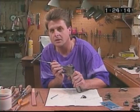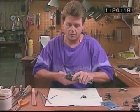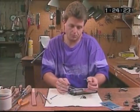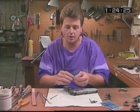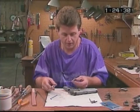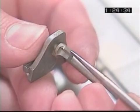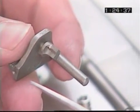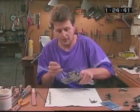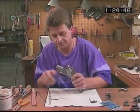And that lets it go on past. Okay. Now what do we have? We have another part. I've got the original Colt part that came out of it. I purposefully took too much material off of this part right here, the fitted part. So you took it down as a demonstration. Yeah, I cut it down just to show what happens if you take too much metal off and what to look for. If we put it in the gun and check it the same way with the safety up,